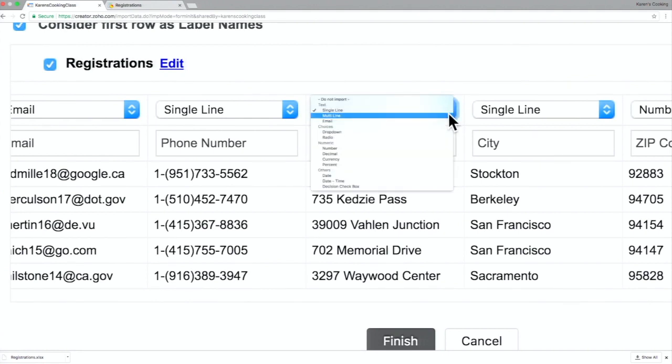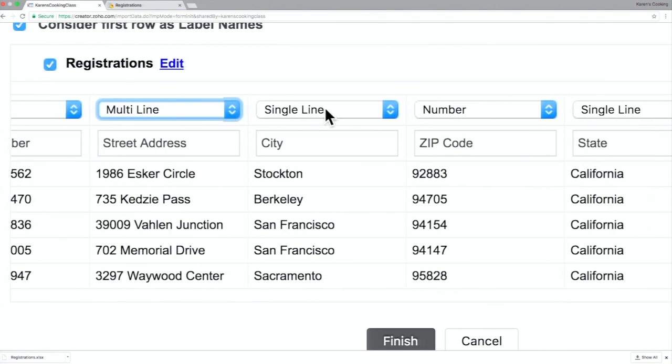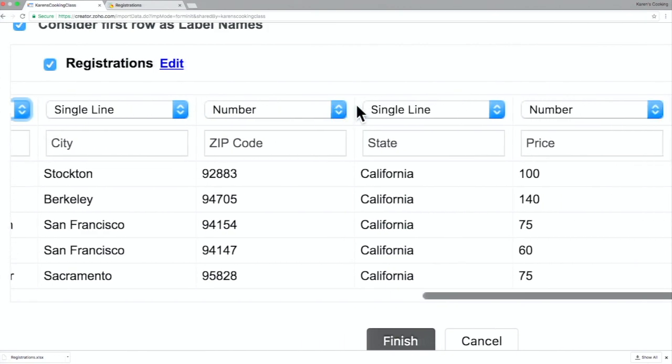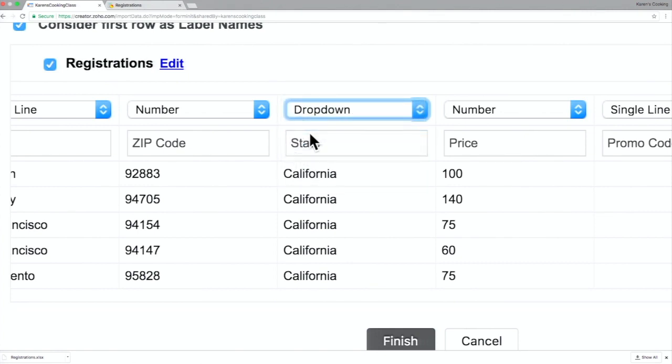Then we have the address, which needs to be a multi-line field. City again can be single line. Zip code, number. State here needs to be a drop-down field because we'll have multiple states.